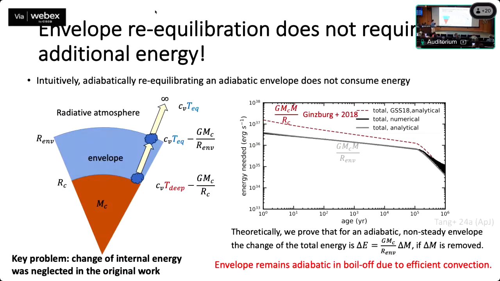But we find that the envelope re-equilibration actually does not consume energy, because here I'm illustrating this. When you are lifting material from the deep, hotter part of the envelope to the shallower, colder part of the envelope, you are not only overcoming gravitational energy, but also releasing internal energy, which powers this process. And we have done self-consistent